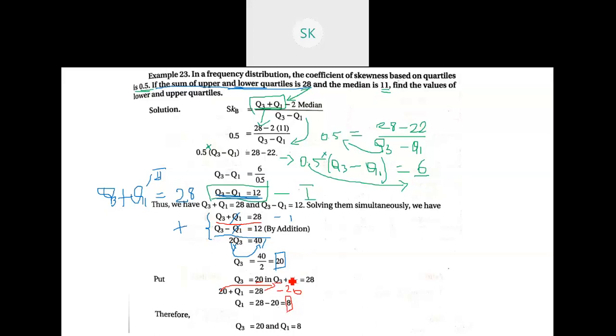All that I did here is, after finding Q3, I applied the value of Q3 into the first equation, which is 20 plus Q1 is equal to 28. Then I took 20 to the other side, where you get a difference of 8. So the value of Q1 is 8. Now we found both values, Q3 and Q1, the upper quartile as well as the lower quartile. Did you all understand the complete solution? Anybody has doubt in any part of this solution? You can expect this for 6 marks, as a statement problem.